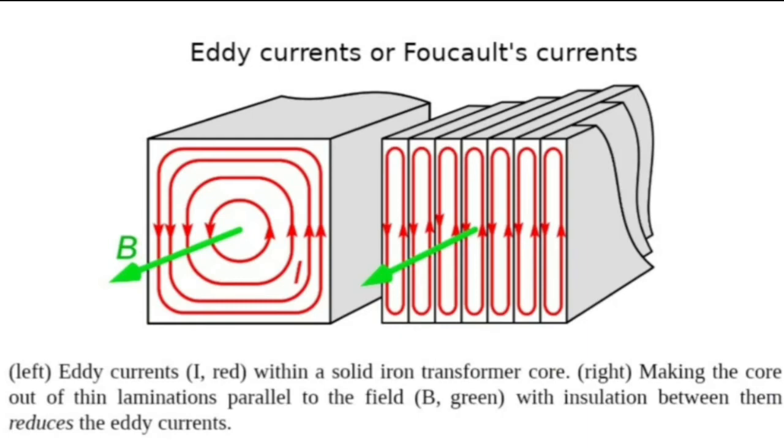This diagram shows how the eddy current is decreased. In the first figure, you can see large ripples of eddy current. In the second one, the area decreases, that means we are keeping the metallic block in the form of sheets. So the area available for the eddy current decreases, which in turn decreases the eddy current produced and the heat energy lost.